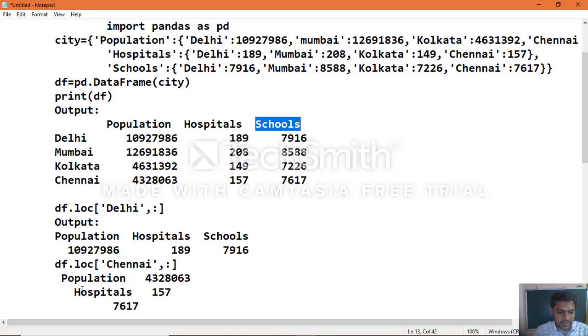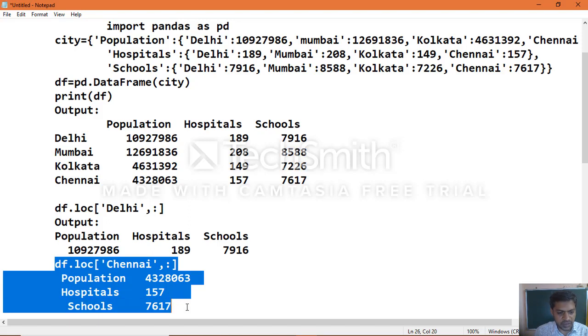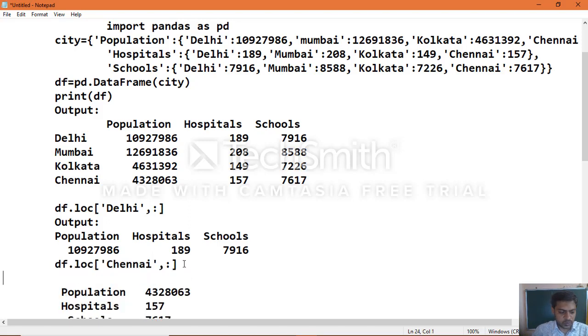So this is how you will get the output for this particular row. This is the actual output which you will get for this particular row access when you put Chennai.